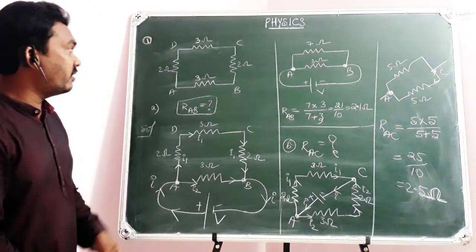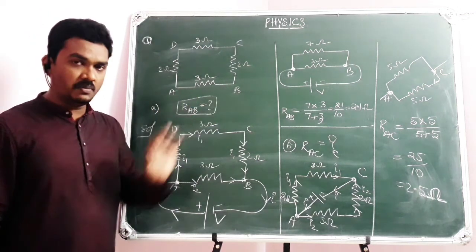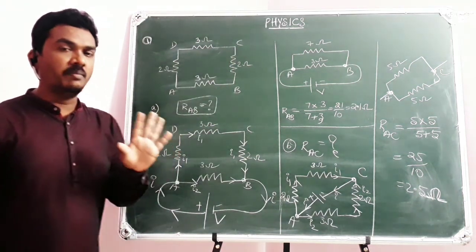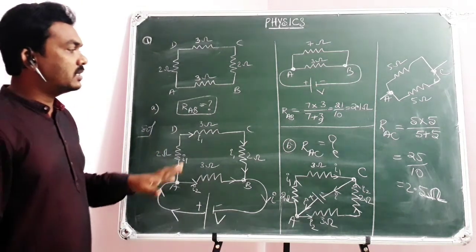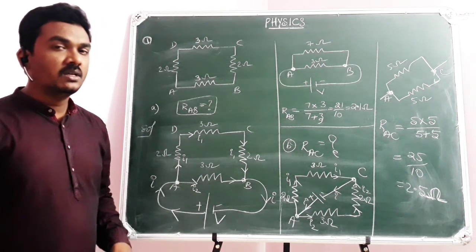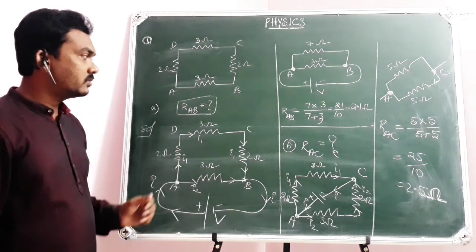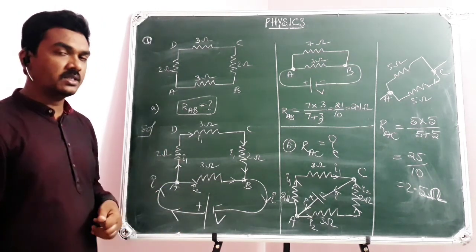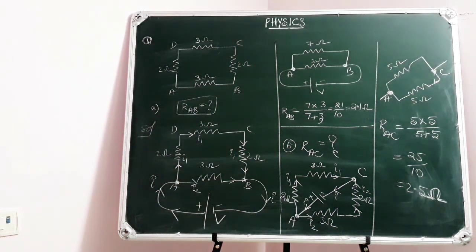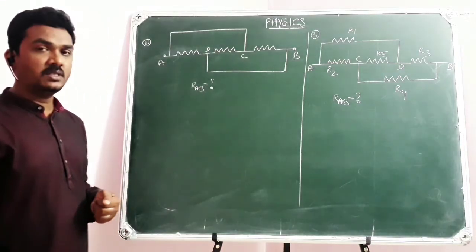So this is how equivalent resistance across AB, equivalent resistance across AC can be calculated. So this is nothing but the reduction method that you have learned in earlier concepts also. So once you note down this example, we discuss a few more examples. Once look at these two examples.